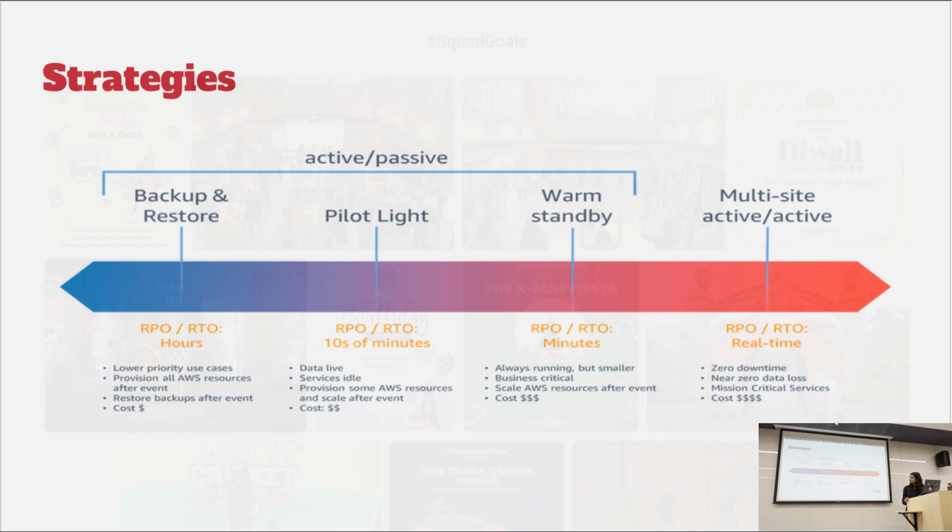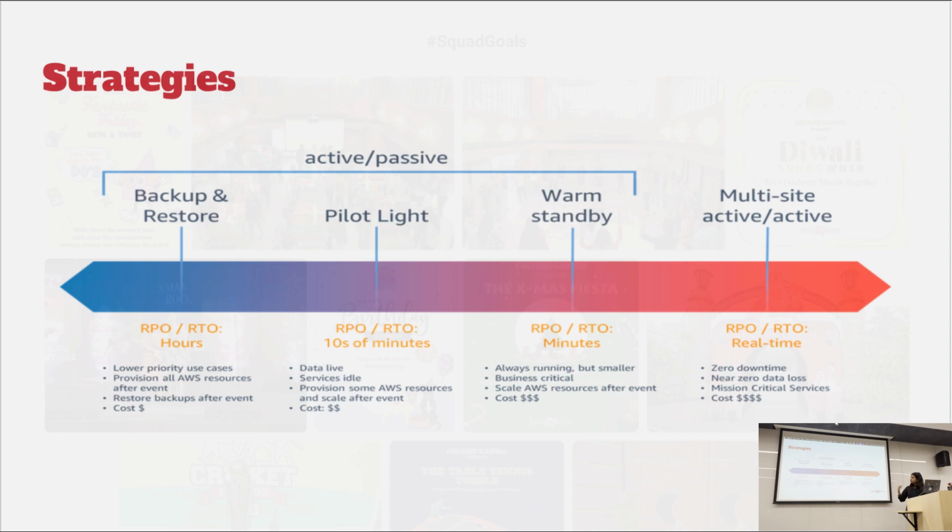So in this, the cost obviously will increase a bit because you are running an infrastructure, even if it is scaled to zero. But then the basic cost of reserving that kind of infrastructure or networks will come, right? So your cost will increase, whereas your RTO, RPO will decrease because you'll save on the time of setting up everything. You'll just need to scale up when the event has occurred, right?